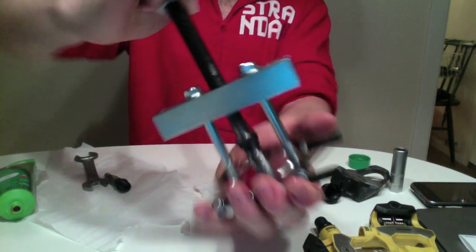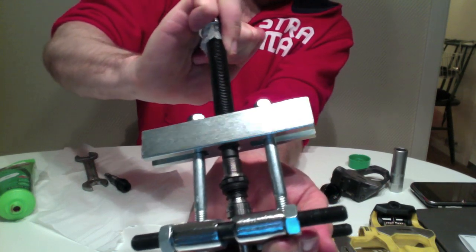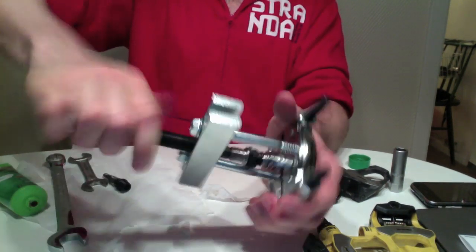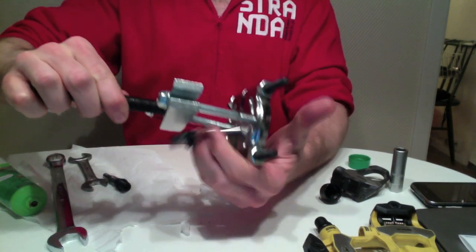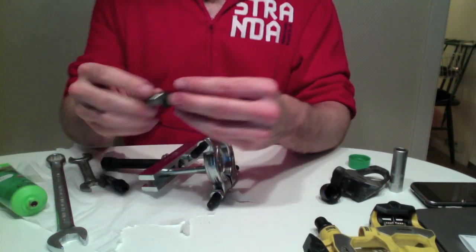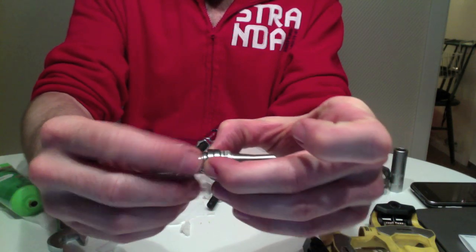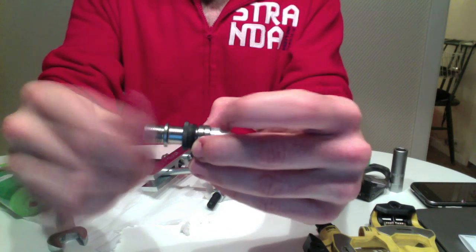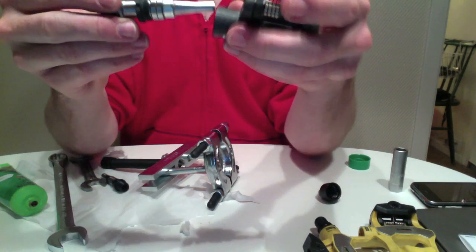Just going to tighten it up so it's snug. That's pretty good. Okay, undo that. Take it off. Hopefully, bearings spin nice. Good. With any luck,